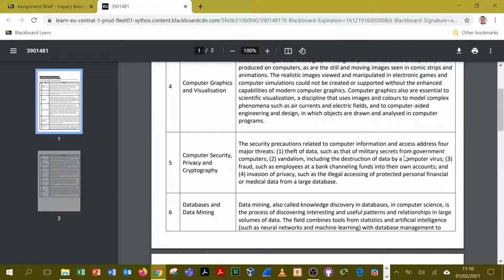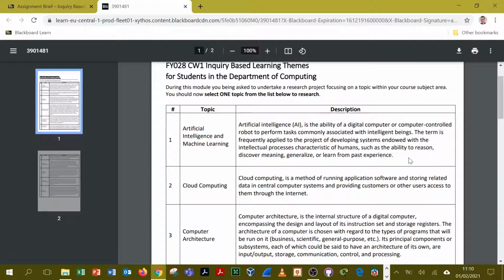It's broad. Have a look, have a consider. One of the things I'd say about picking a topic is to do some research first, see if you can find any information out about several of these areas. And the one that you can find a lot of information out about is probably the one to go down,